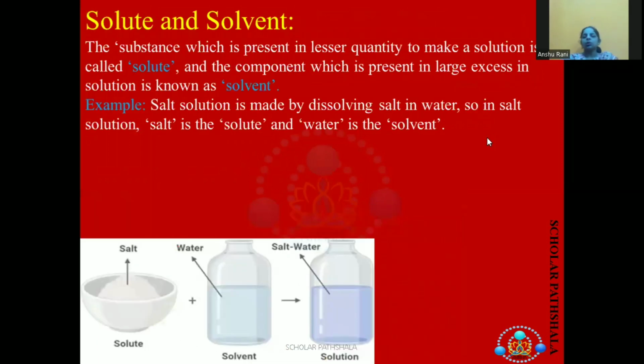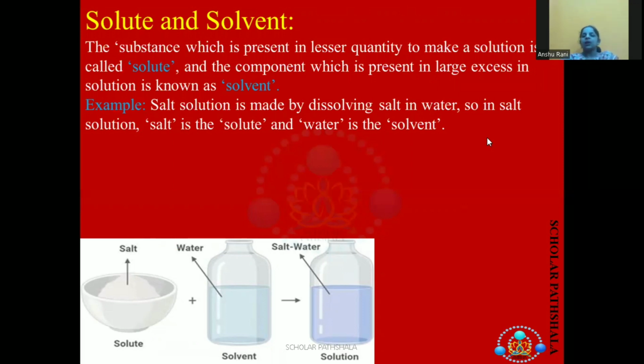Then we have solute and solvent. In a solution, we have two components. Solute, which is present in lesser quantity, and solvent, which is present in large excess. Suppose you are having 100 ml of water, you are adding 5 grams of common salt in it. Then 5 grams of common salt, which is lesser in quantity, is solute, and 100 ml of water is here